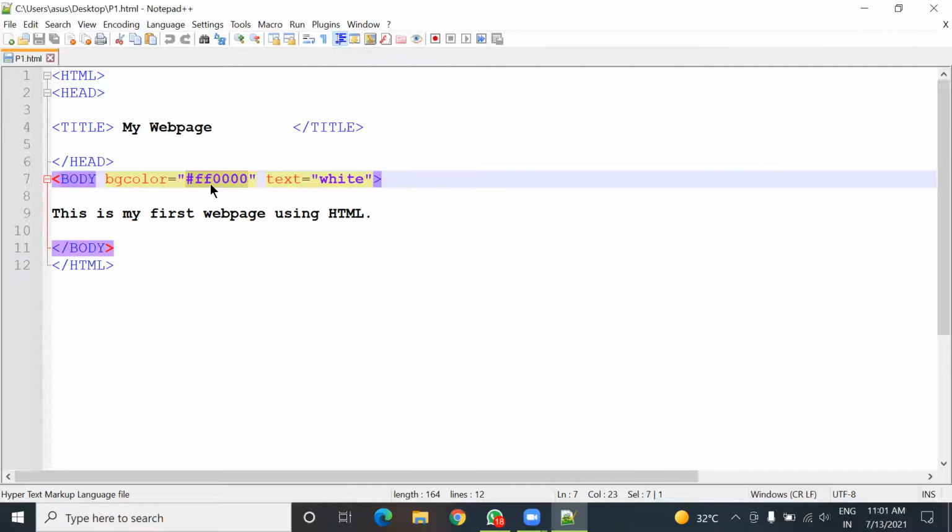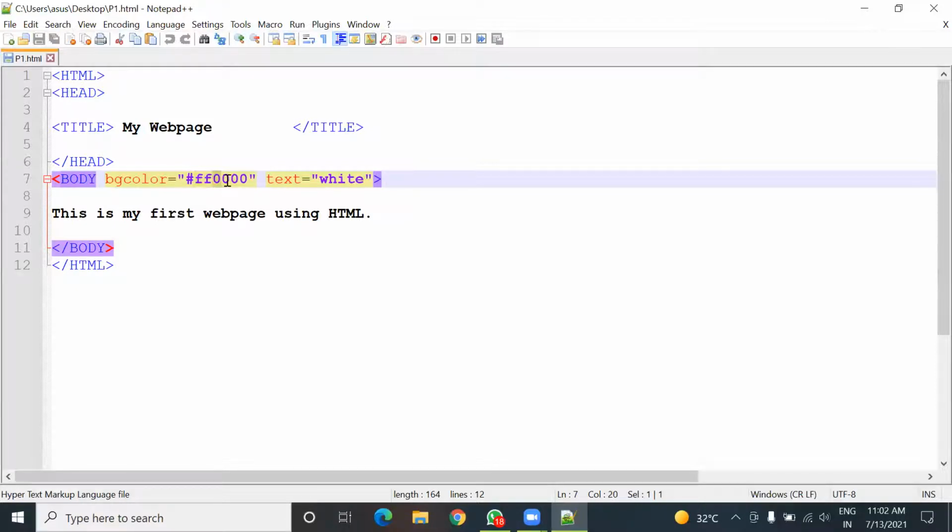In hexadecimal values, it starts from 0 and ends at 15. So 0 to 9, we use only digits, and for 10 we use A, for 11 we use B, then C, D, E, and finally for 15 we use F. The first two values are for red color.